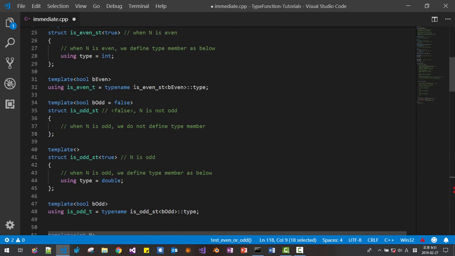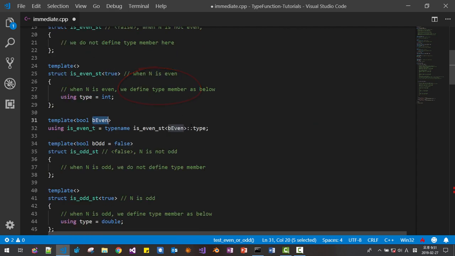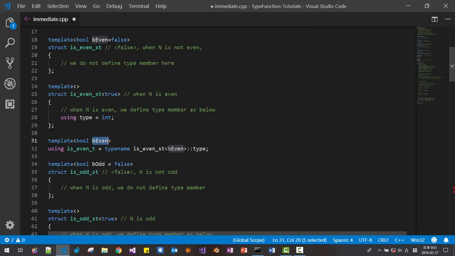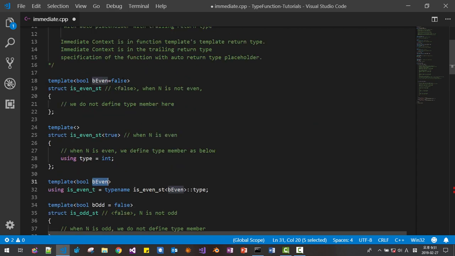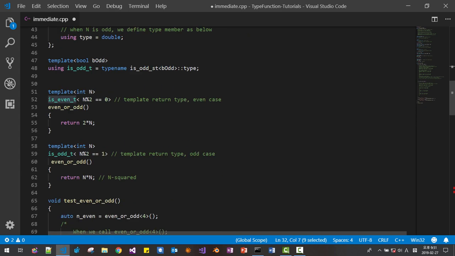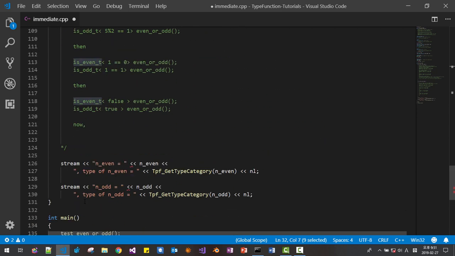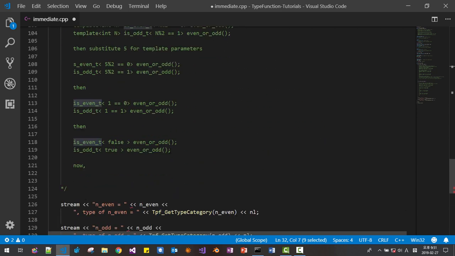If it is false, is even st false becomes this one. This type is empty. It does not exist. So it becomes empty, like this.